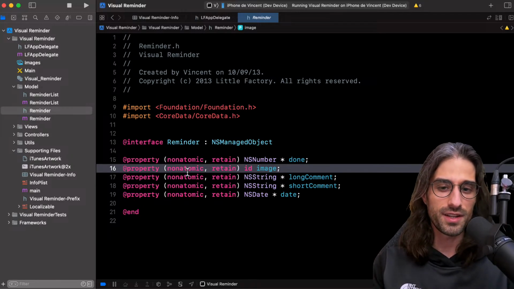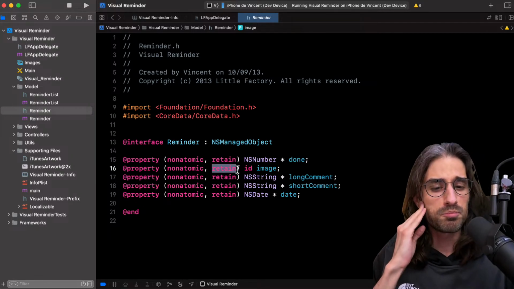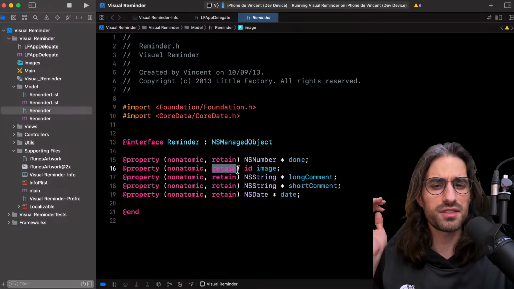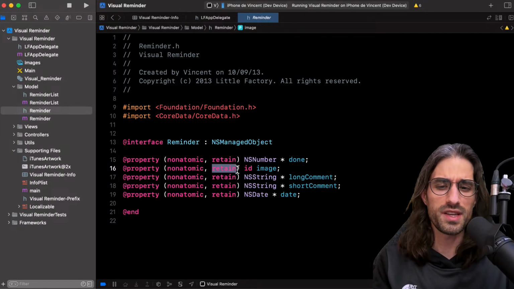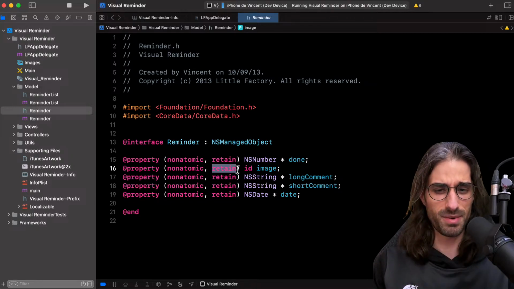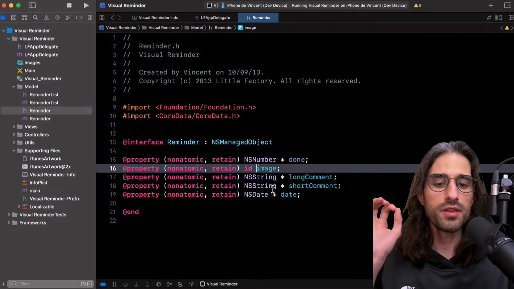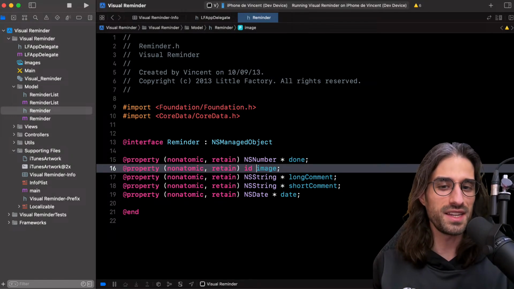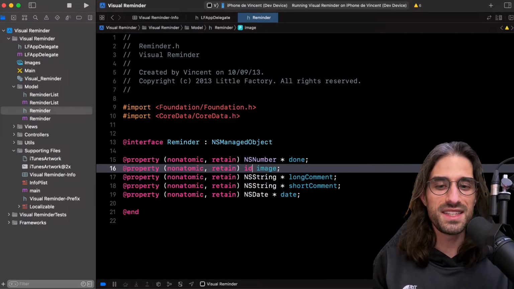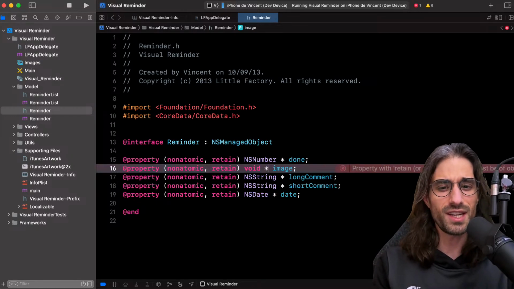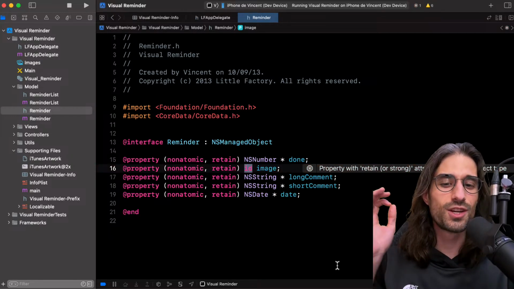And you can see they are nonatomic. There is the retain. Retain, I guess, is kind of equivalent to strong, a little bit, maybe it's a little bit less smart, but since this is generated code, there must be a reason why it's retain and not strong, but I'm not knowledgeable enough in Objective-C arcana to explain what the difference is. One super weird thing: in Objective-C, you can notice that there is no star when you use id, and it's because id is kind of like void star, but not really, but kind of like it. And so the star is included inside of it.